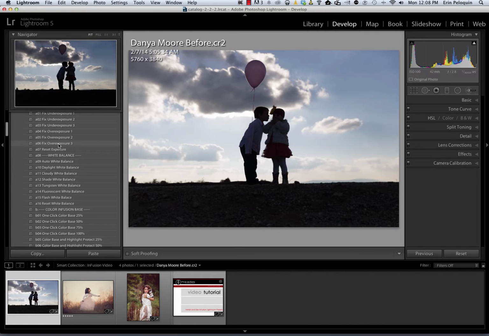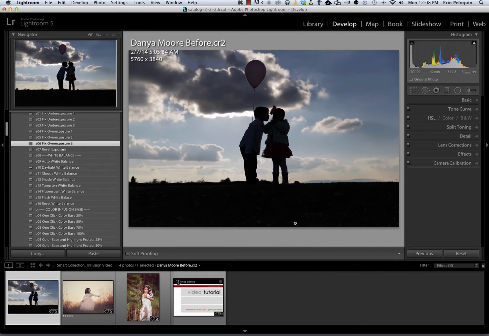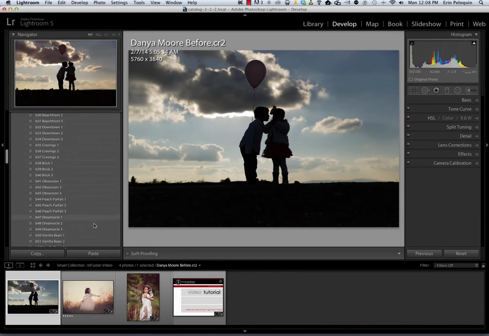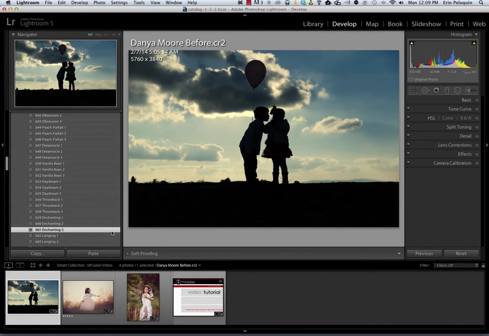So I'm going to use Fix Overexposure number 3 to darken the darks even more. And next I am going to warm up the white balance just a little bit by using our cloudy white balance. And you can see that that kind of emphasizes the sunset feeling. It really plays up the warms in the image. And now to add a color look, I am going to do Enchanting number 3. And you can see that that really emphasizes the blues as well as the warmth of the sun coming from